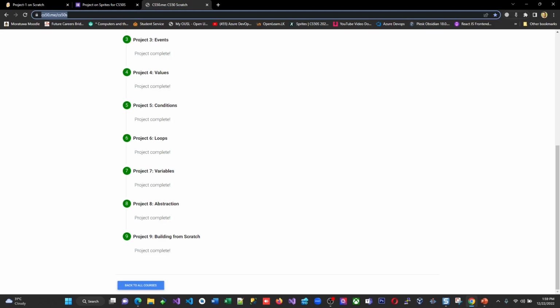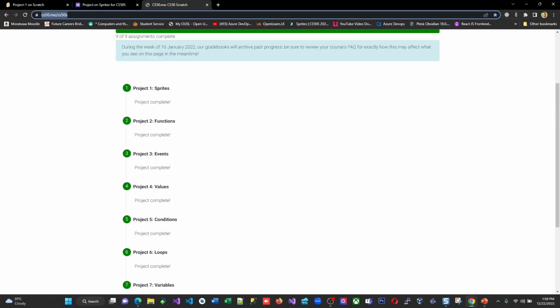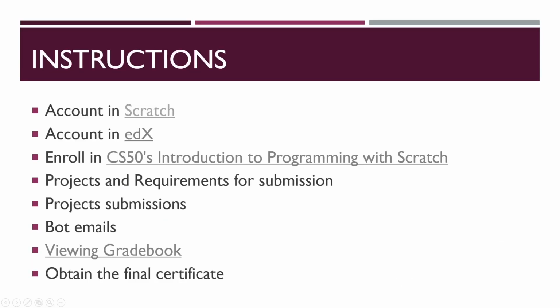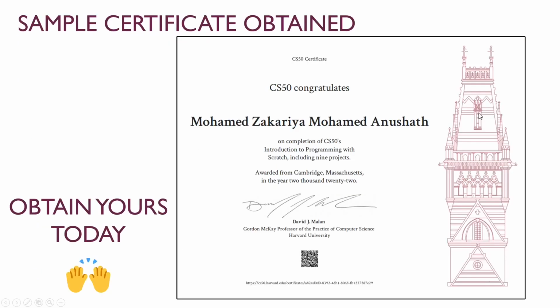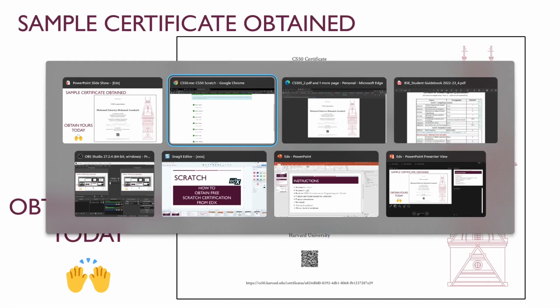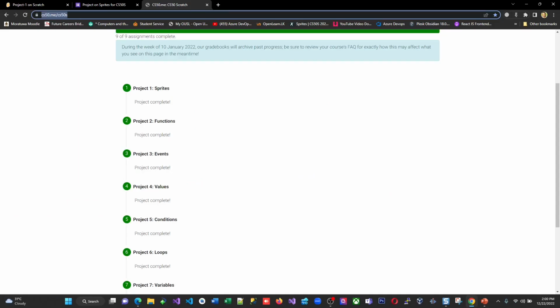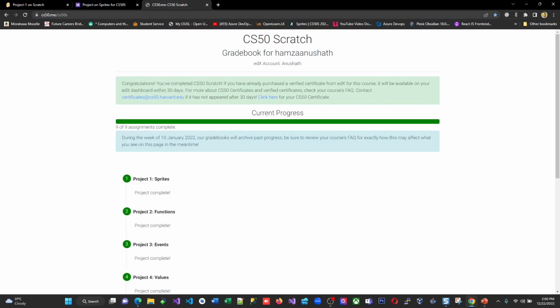And once all of them are completed, now let's see how to obtain a certificate. That's the last thing in the video. After looking at the grade book, you will know that all 9 projects are submitted. As soon as they are verified, you can obtain the final certificate. So now, how to get the final certificate from this site itself. You have to click